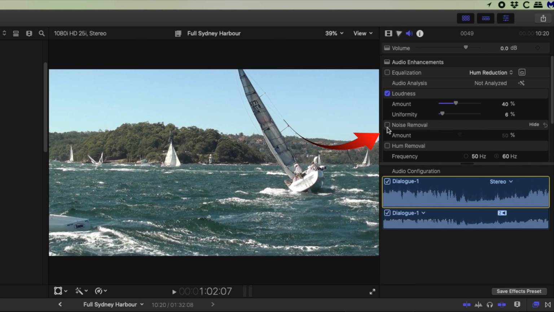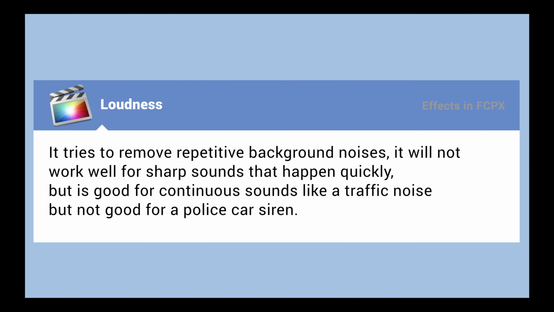So if we now look at noise removal, what this does is try to remove repetitive background noises. It'll not work well for sharp sounds that happen quickly, but it's good for those continuous sounds like traffic noise, but not for a police car siren.